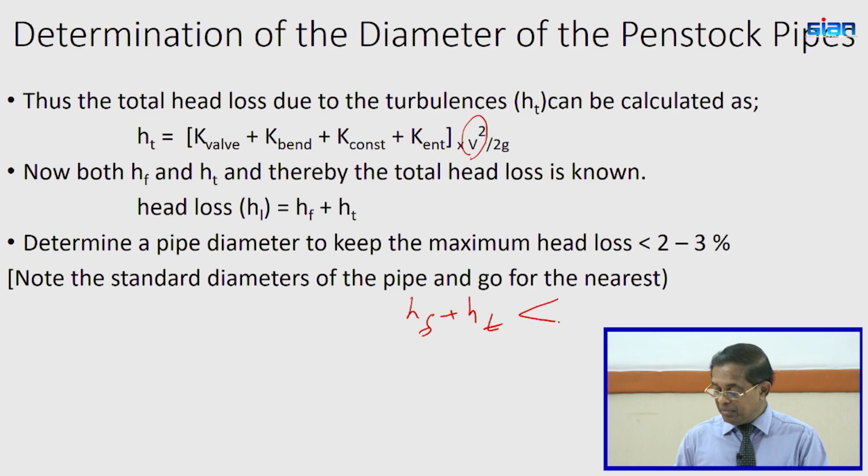We will try to keep it maximum 5%, but better to keep it in the range of 2 to 3%, say 3% of the gross head. If the gross head is 100 meters, make it a maximum of 3 meters. So, accordingly decide D,